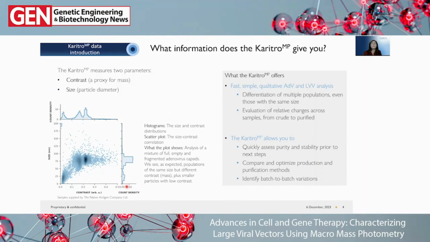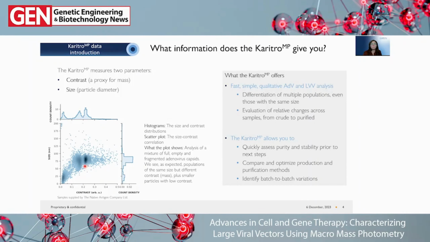On the vertical axis, so the y-axis, you can see the size information. So here again, you have another histogram showing you the size distribution for single particles. In the center here, you have a 2D plot, which is represented in form of scatter plot with kernel density. This means that every point, every dot would correspond to a particle measurement value with specifically one contrast and one size value. And in regions in the plots where you see darker areas, this means that you have a higher